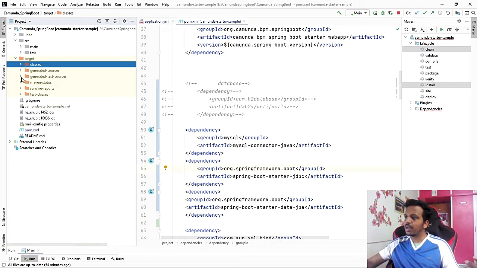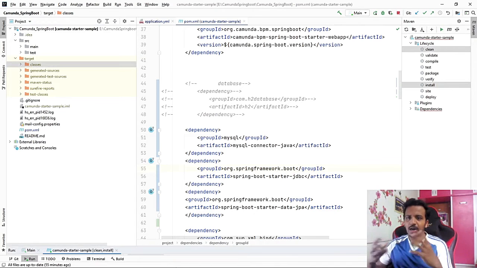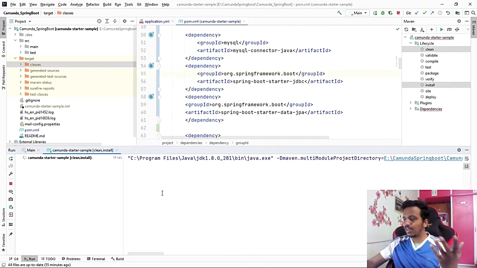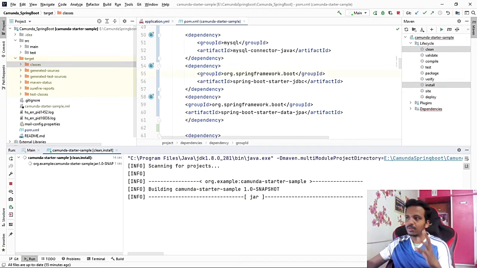There will be a file created with this application name command. Okay, let me do this clean install again. So basically everything will have its jar, a deployable file, a shareable file. That is what I'm generating for the Java. It will take some time because it's a community version. And then let me get back with the jar file.